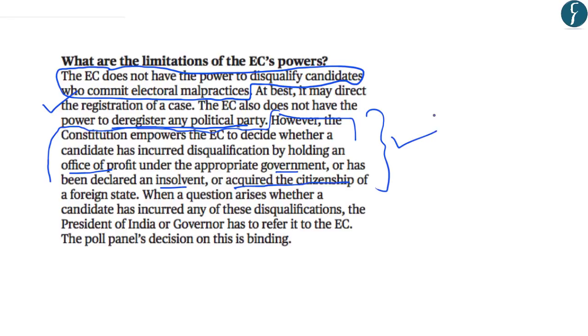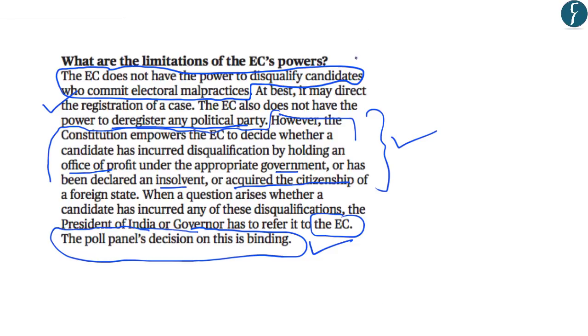So in all these cases of disqualification, the President of India or the Governor refer these cases to the Election Commission. And the decision of the Election Commission of India is binding on the President and the Governor. Which means that once the Election Commission decides that the person can be disqualified because he holds an office of profit or he has acquired the citizenship of a foreign state, that decision is binding on the President and the Governor. So although the Election Commission of India has powers of disqualifying the candidates in certain cases, it does not